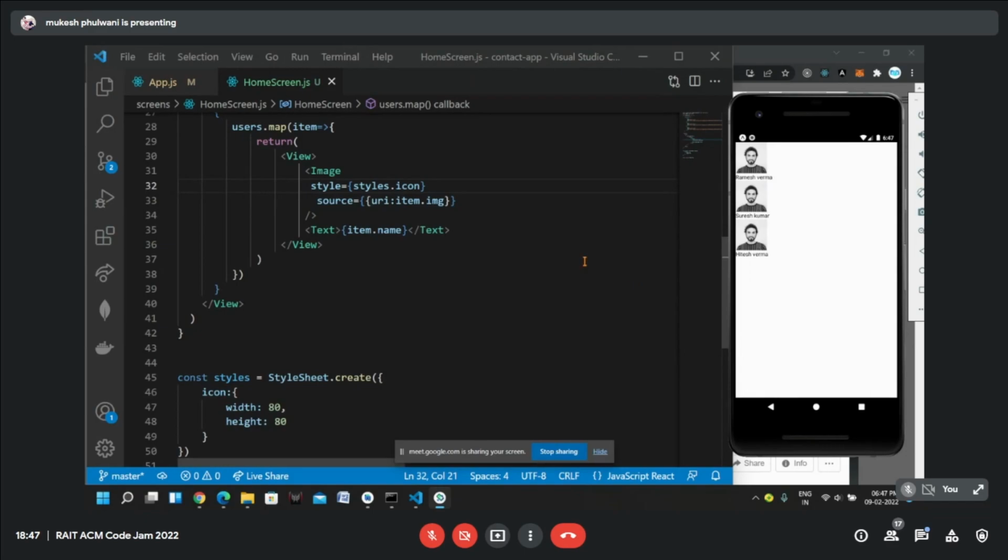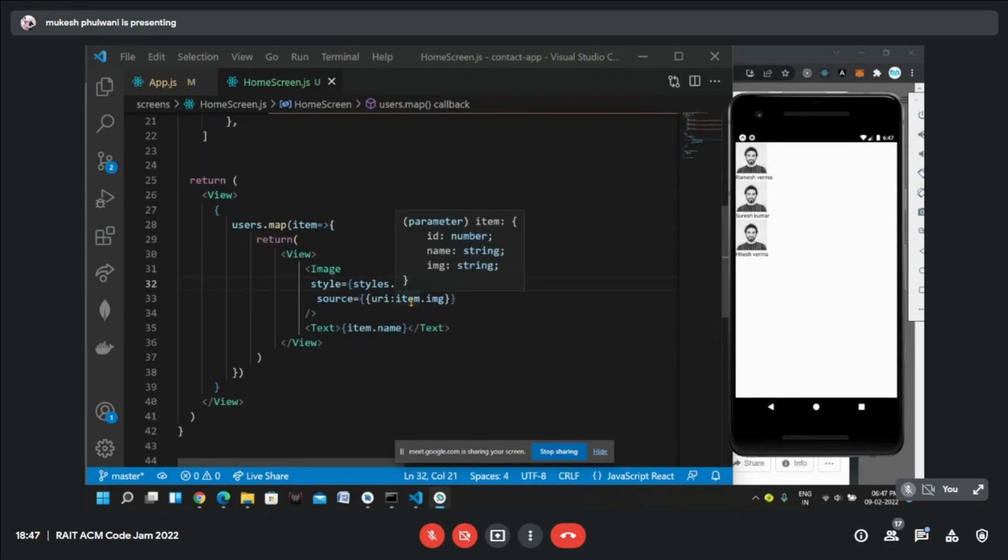All right, awesome. So now I will explain a little bit about the layout system, that is Flexbox. React Native by default uses Flexbox for its layout system. So if you want to align content on the screen, we will be using Flexbox for that. Okay, what I want now here.